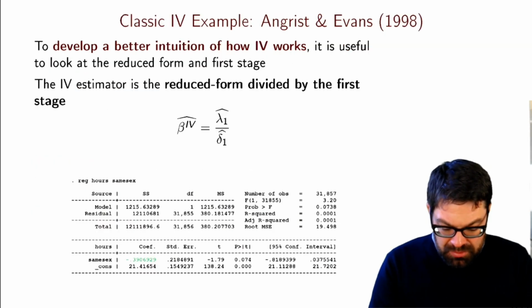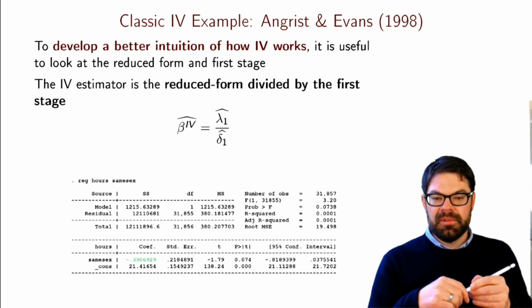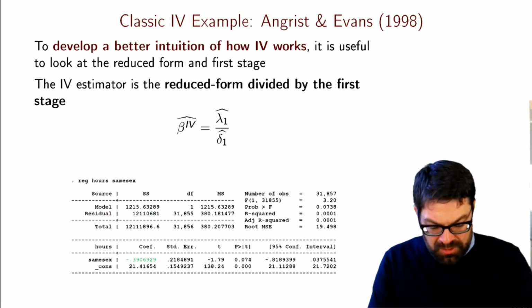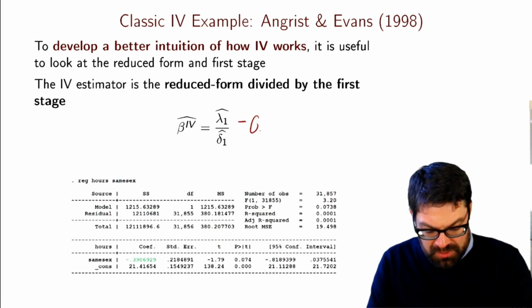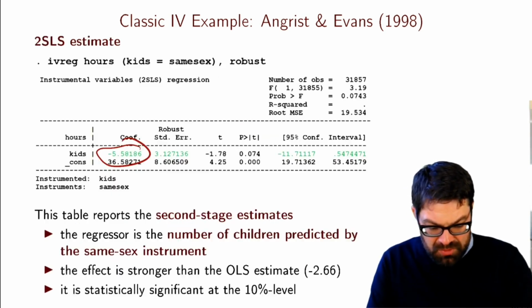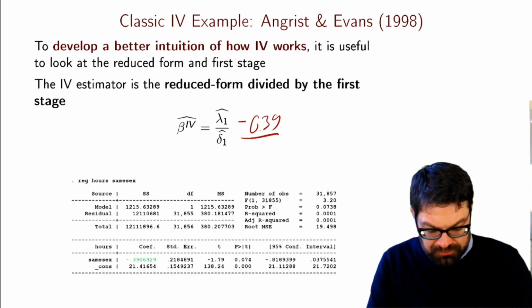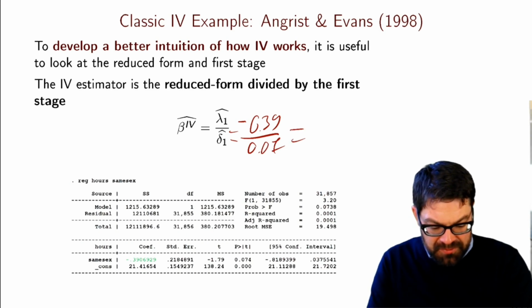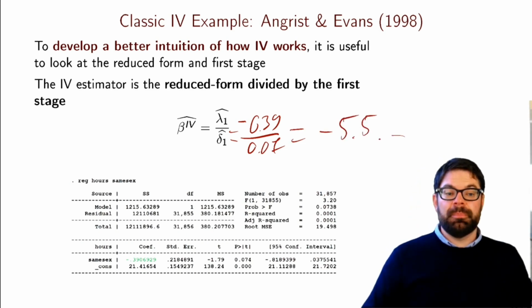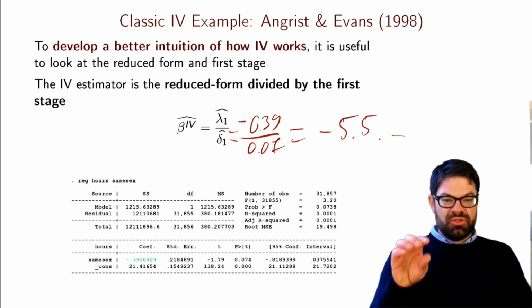Okay, so once again, the instrumental variable estimator is the reduced form, minus 0.39, divided by the first stage, which is 0.07, and that's when we arrive at minus 5.5 something. So once again, having same-sex children